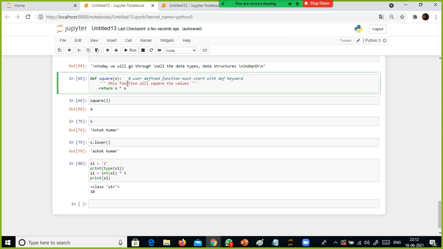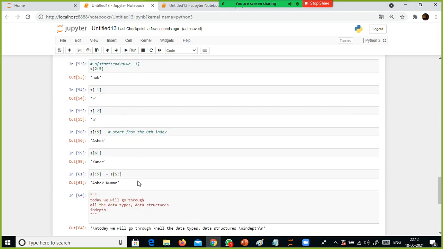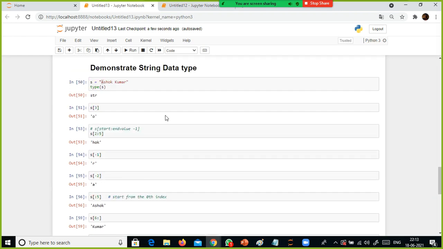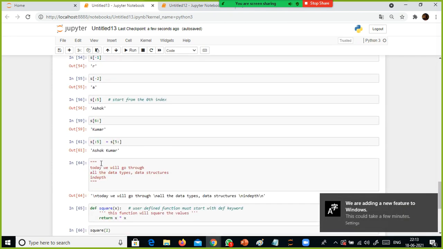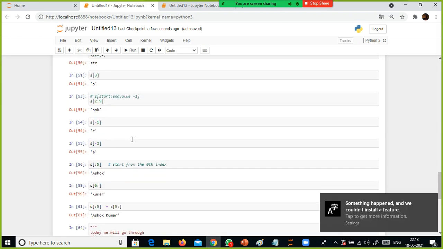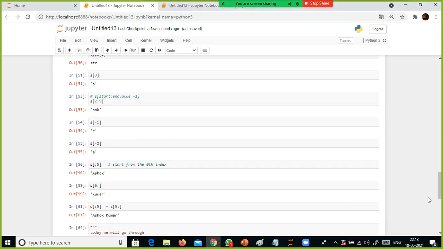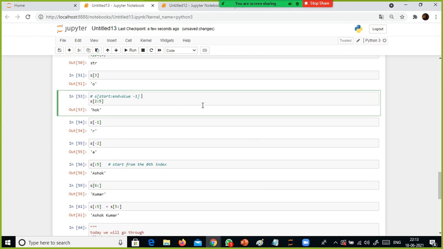The reason why I started with function now is, ideally I should not have started now, to demonstrate how to use the docstring. Okay, fine. So just prior to this, I discussed single line comment, and now you learned how to define multi-line comment, and in the case of string data type, how to access specific values, how to access the range of values, how to subset the values. This is to subset the values, subsetting the values.